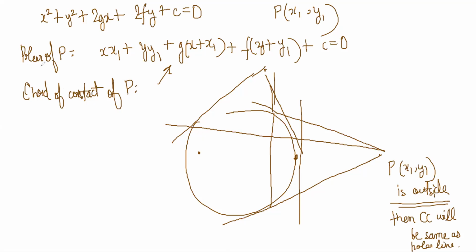So in general, we realize that for outside points and for points on the circle, the polar as well as the chord of contact is the same as the tangent line equation, right? Now, there is one important thing here, 165, which is the geometrical construction of the polar. This is super useful, so we'll just do it.